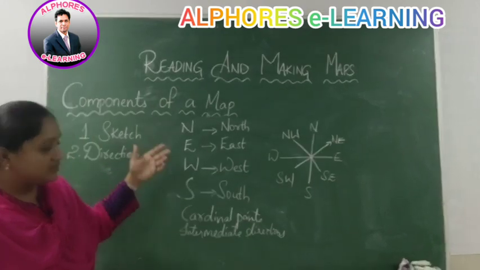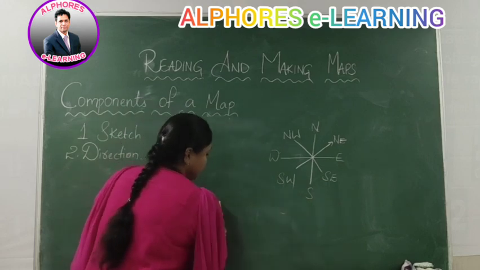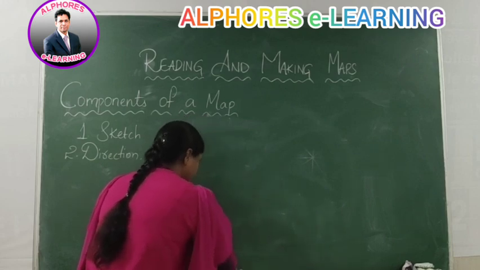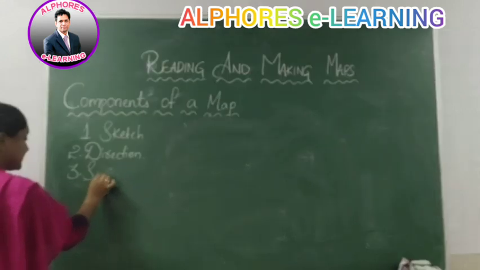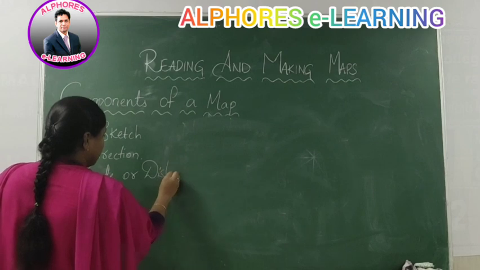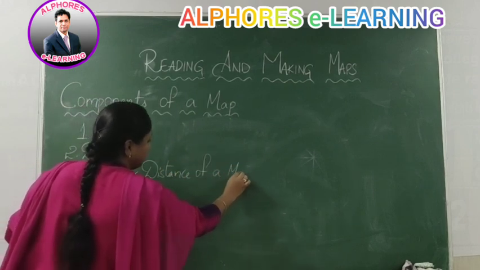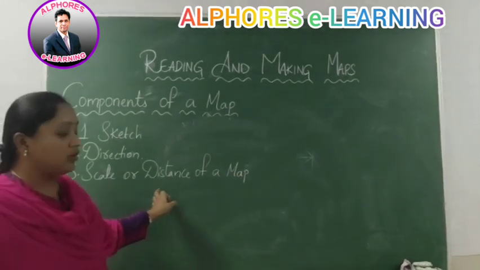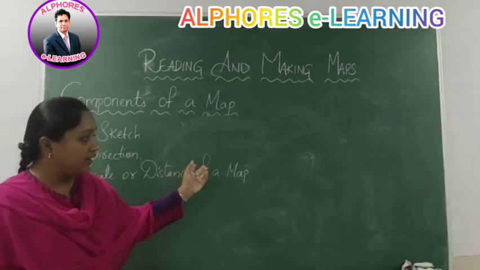Right? And let's move on to the next one, that is the scale or distance of a map. So the scale or distance of a map is the next important component to make or to identify the